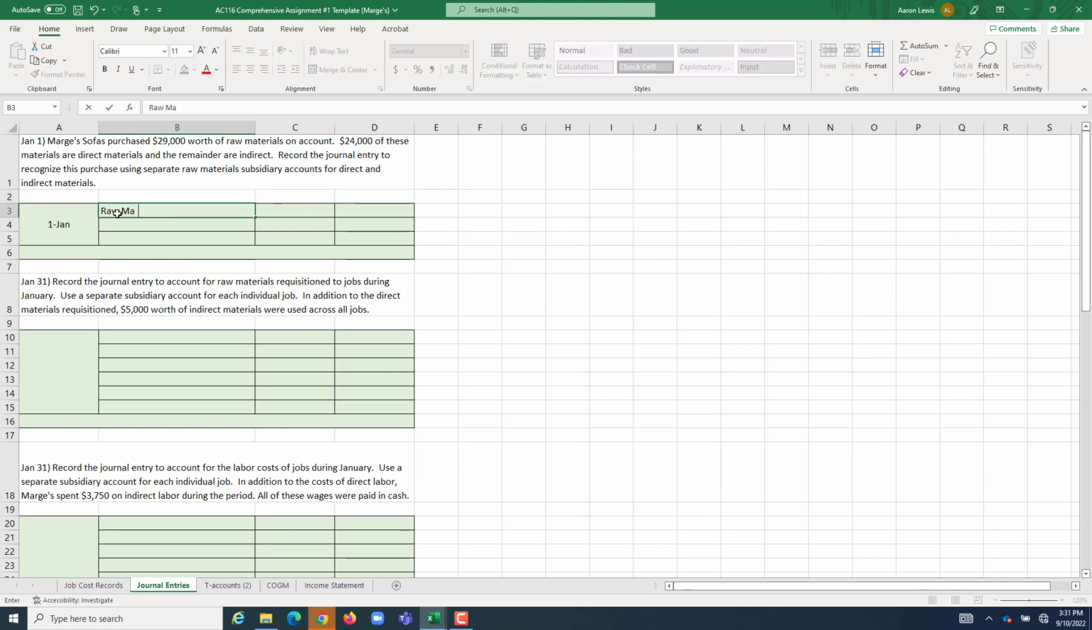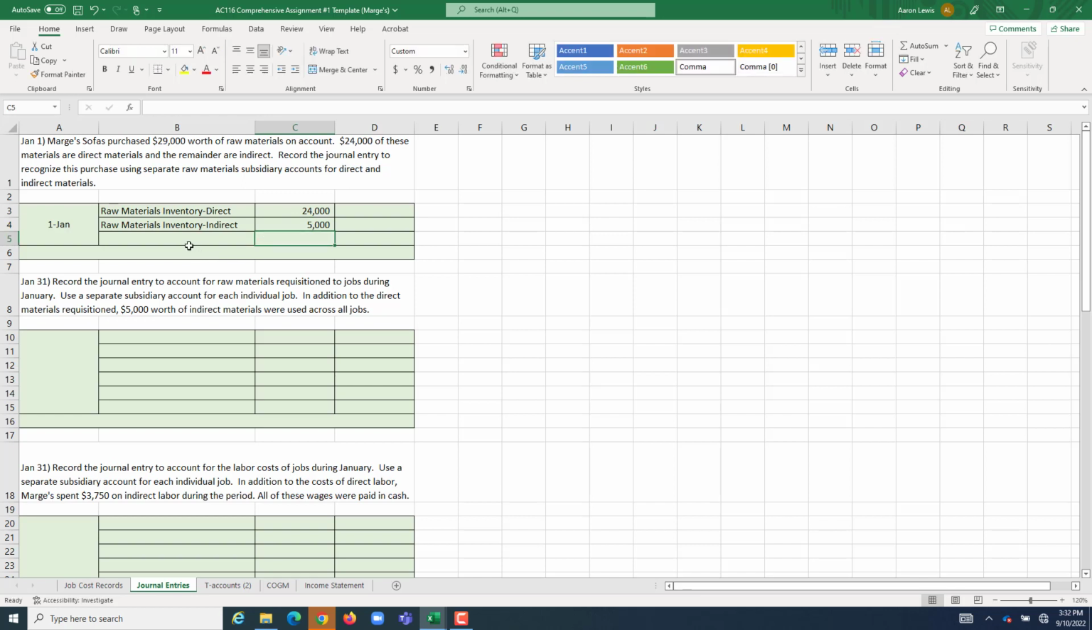I'm going to separate the portion of these raw materials that are direct materials into its own subsidiary account called Raw Materials Inventory Direct. And I'm going to do that for the amount of direct materials purchased, which was $24,000. And then I'm going to put the amount of raw materials inventory that is indirect into its other subsidiary account. And it says the remainder of this purchase was indirect materials. Well, we spent $29,000 on materials. We know $24,000 of those were direct, and the remainder was indirect, so the indirect portion had to be the